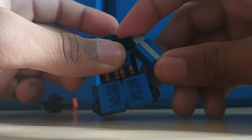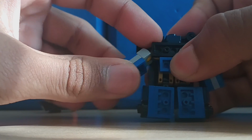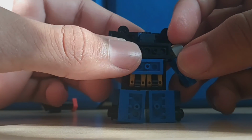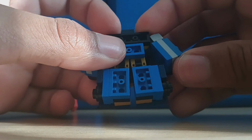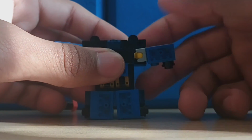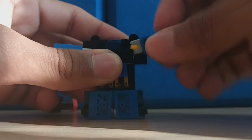Other than that, this build is actually not fragile. Well, that's just common with the smaller builds, I guess, since there's less going on. And I just don't really think about structural stability, if that's even the right word to use here, when I'm building these builds. But anyway, since I'm moving his arms around,